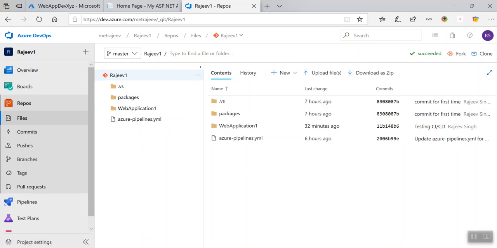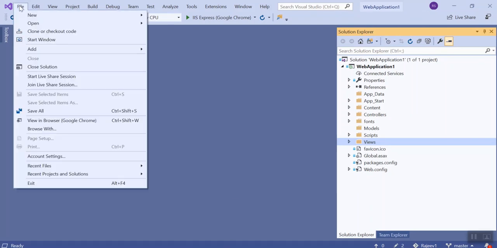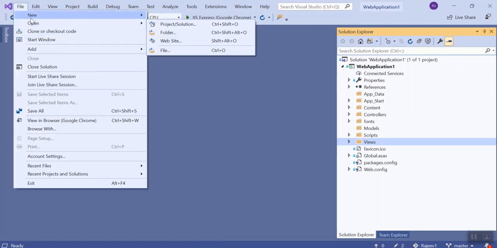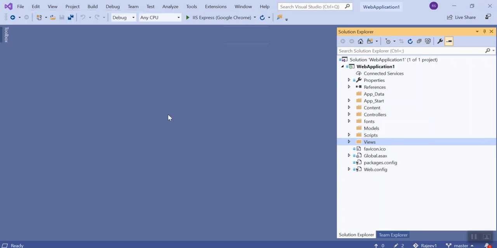Once you do that, you will come to the Visual Studio where you will see the initial setup of this code. And after that, you can create or add a new project, say a website, and then go through the process to create a new project over here. So that is the second thing, and you open this web app.